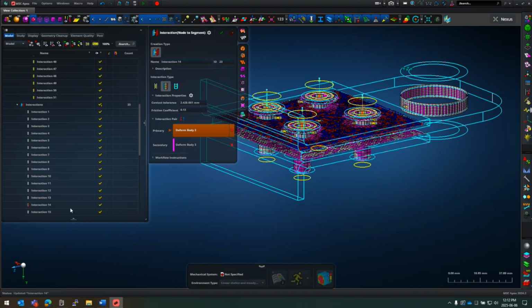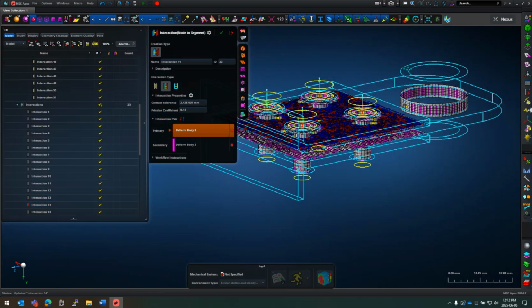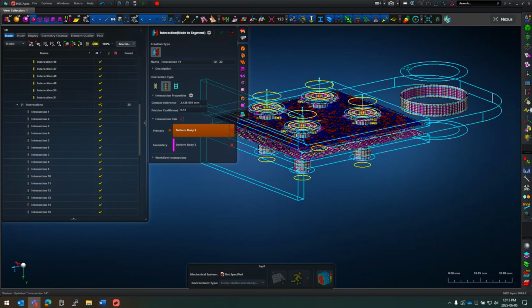Okay, so if I change this, notice that in the tree, it looks slightly different as well. So we start with